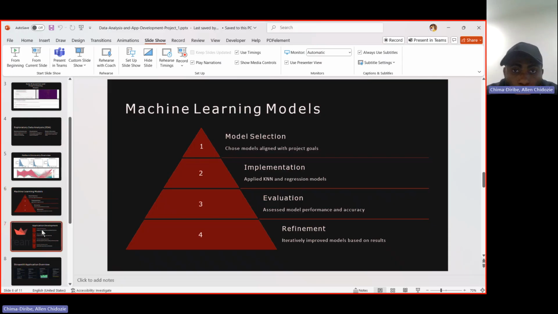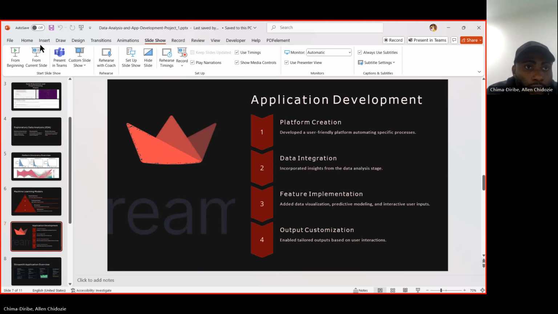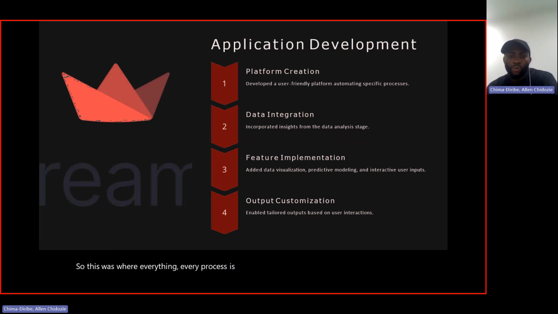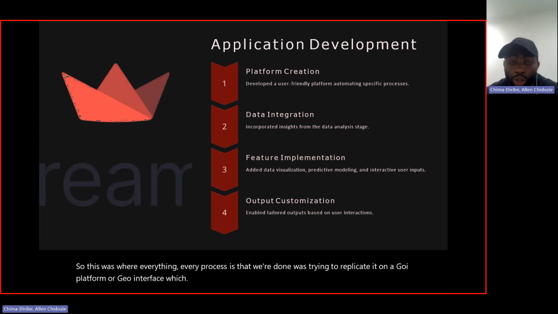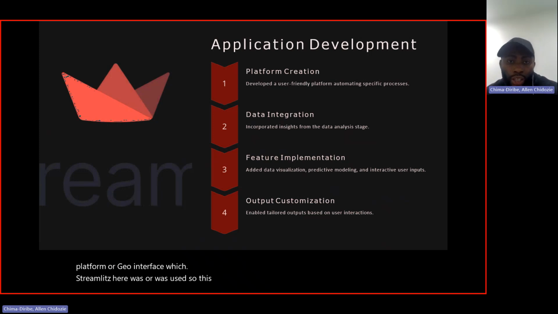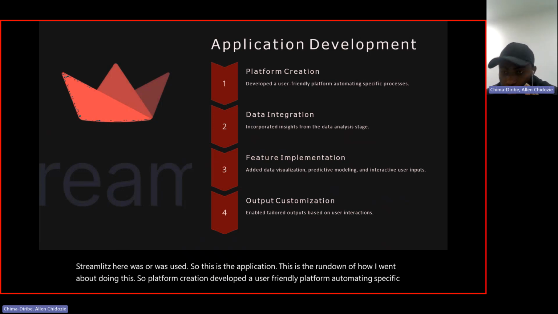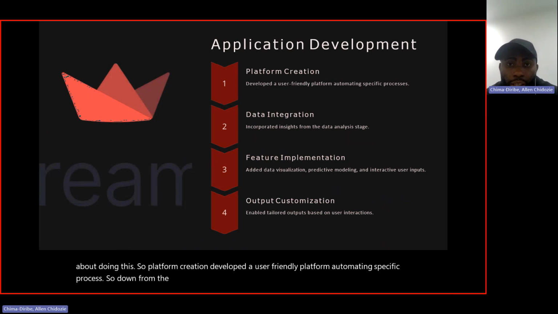So moving over to the next one, which was application development. This was where every process that was done was replicated on a GUI platform or interface, for which Streamlit was used. So this is the application. This is the rundown of how I went about doing this. Platform creation: developed a user-friendly platform automating specific processes. From the creation, I integrated the data analysis stage and everything I did in the IPYNB file,